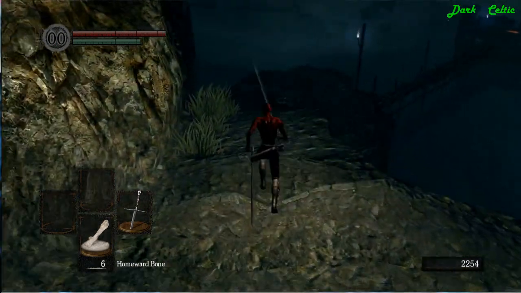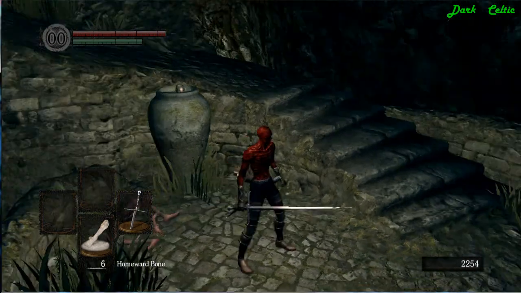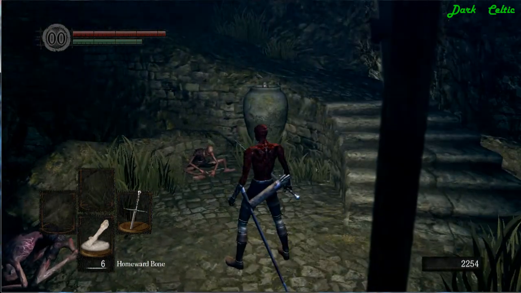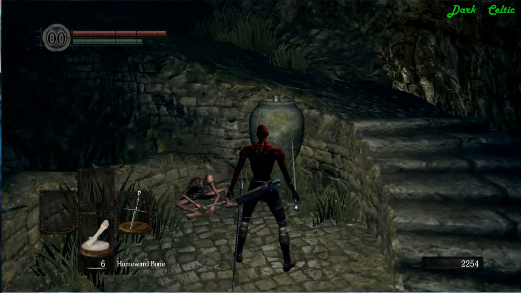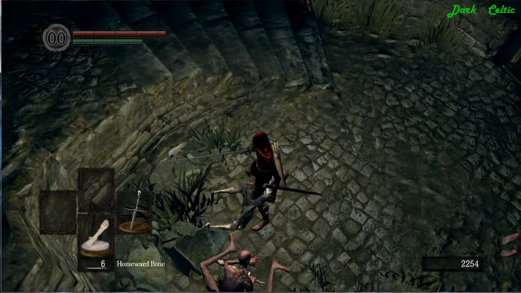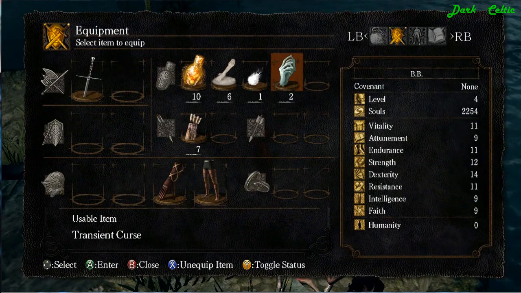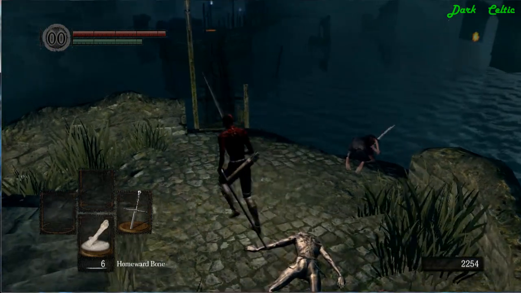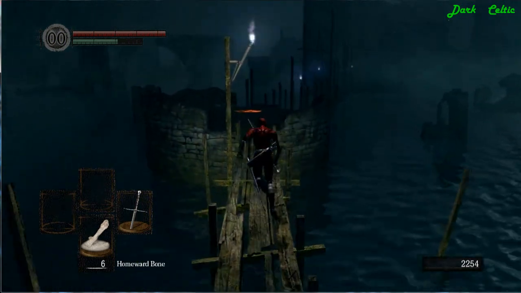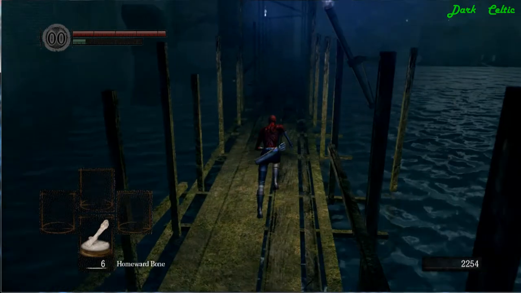Yeah, this will be a bow-only character, but I need to get to this. I need to at least be able to get to my arrows. Anyway, point is, there is a transient curse in this right here, which you don't really need right now. So when you pick it up, just go ahead and throw it away into your inventory and get it out of your quick slot bar, because when you run through here, you don't actually need anything but